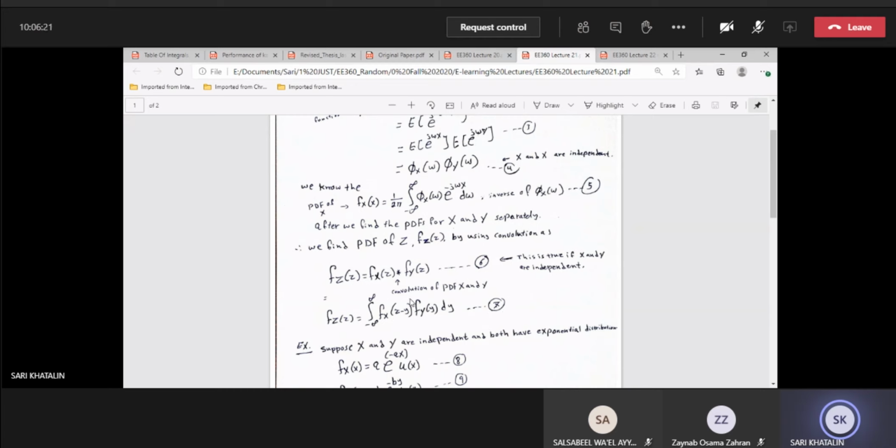So this convolution can be written by taking the integration of f of X for Z minus Y times f of Y